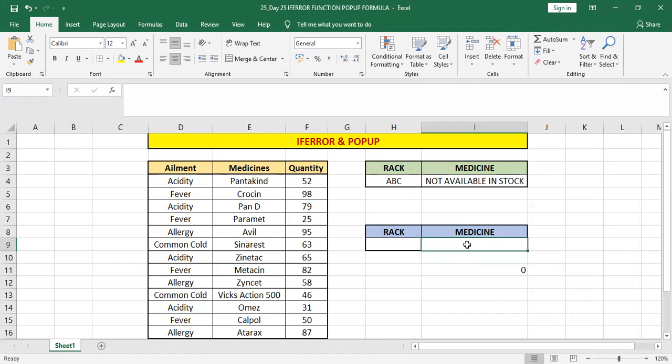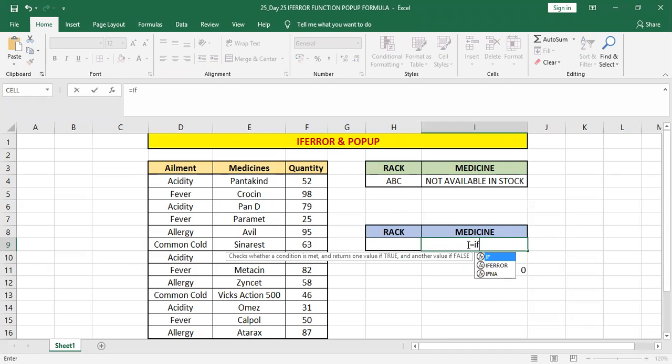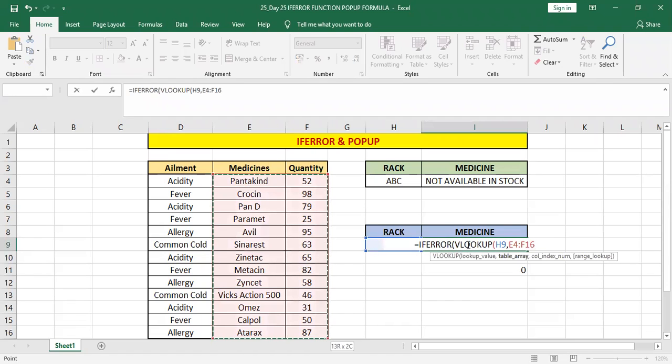That means here we are going to use the same formula, equal to IFERROR, tab, we look up our value. We want to look up this value. Then our table array is as decided, from medicine to quantity. I'm locking this cell and locking this array. Column index number is 2.